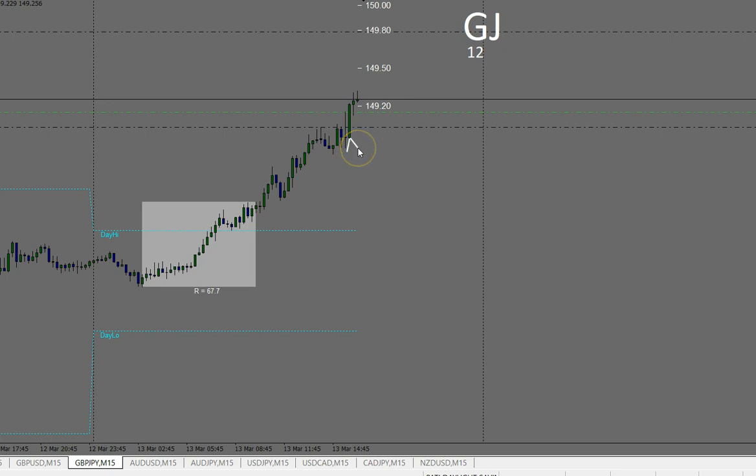Now, part of our criteria at the Price Action Traders Institute gives us the opportunity to take what we call a momentum trade. So I got in on this pound Japanese yen as a momentum trade. You can see where the entry point is there. It's slightly in profit at the moment,